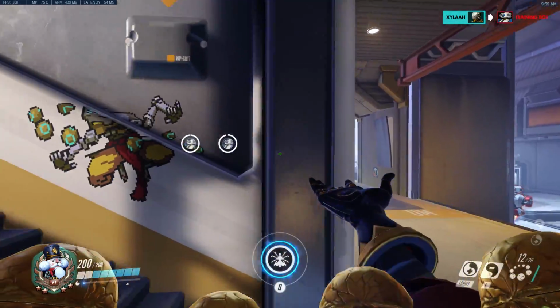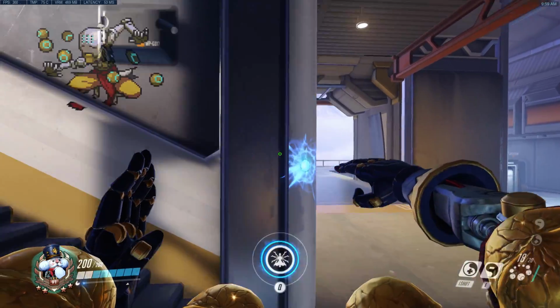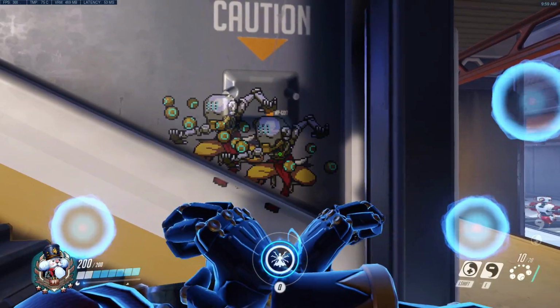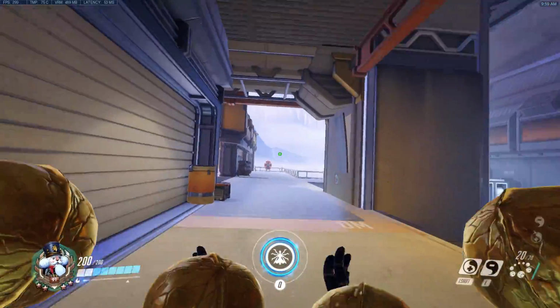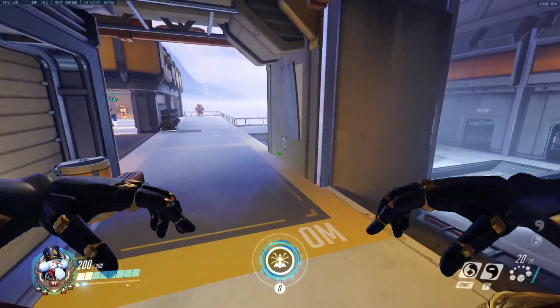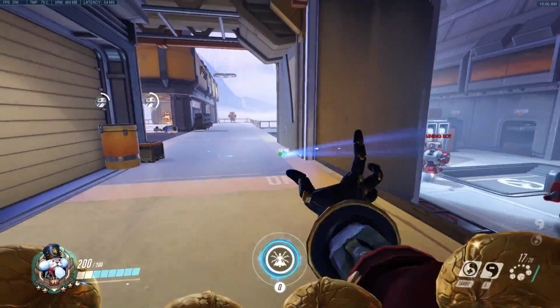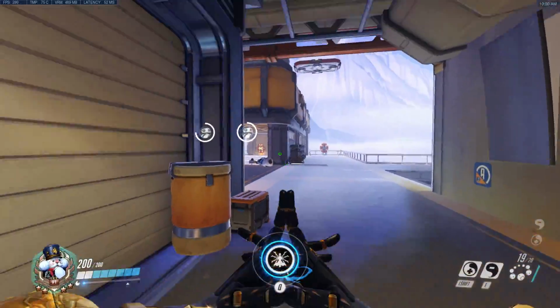But in general, stuff like this is relatively safe until you get too predictable. If you do this a lot, you're not really that safe anymore. In which case you should try and just do a right click, peek, and then go back. And you can literally just spam this into any choke. If you imagine this is a choke point, literally anywhere. I can't think of one off the top of my head, like the front of Hanamura,